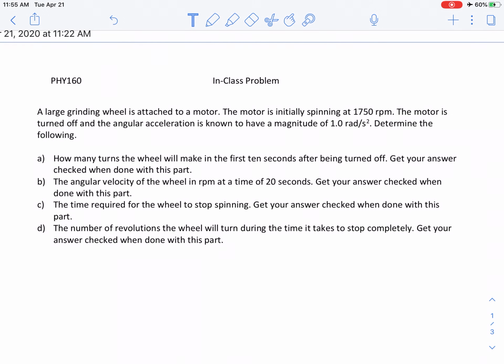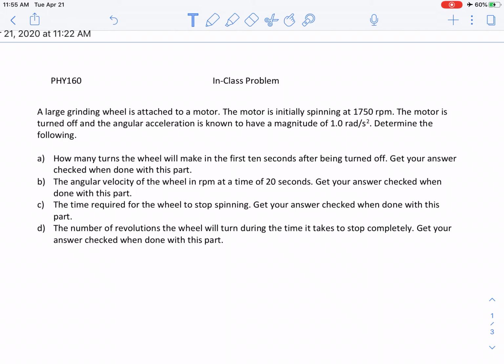Okay, next we are going to start with an in-class problem. We have a large grinding wheel attached to a motor. The motor is initially spinning at 1750 RPM. The motor is turned off and the angular acceleration is known to have a magnitude of 1 radian per second squared. Determine the following. First of all,